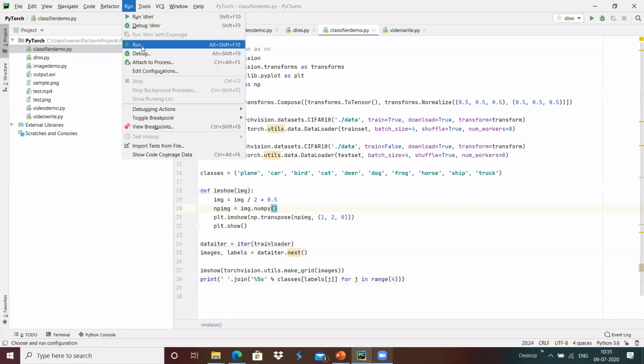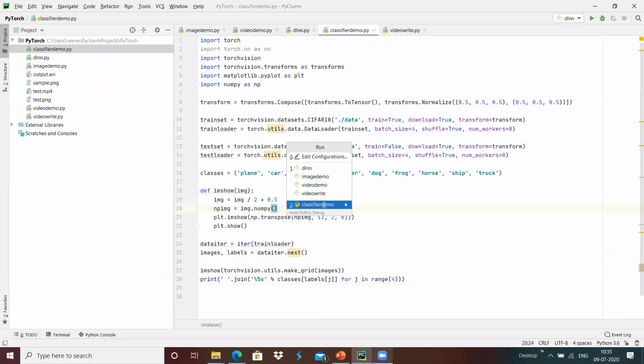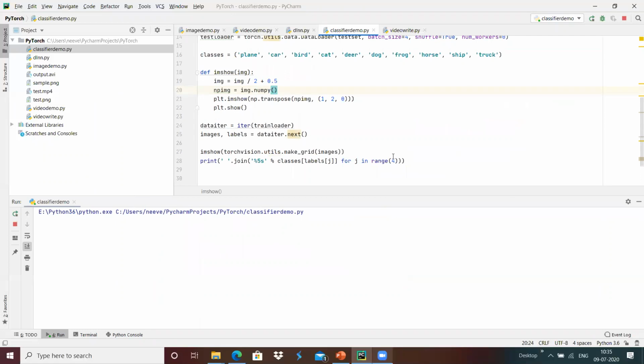Whenever we run, I'm going to run this classifier demo. Since we have given the download option, it is trying to download the CIFAR10 Python dataset from the internet.